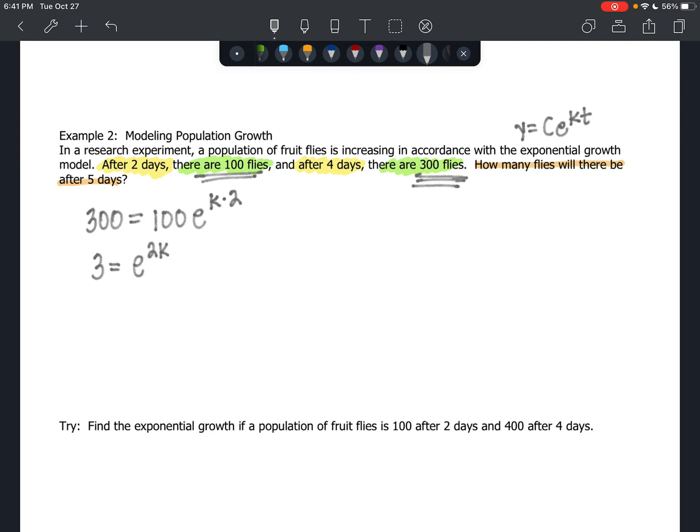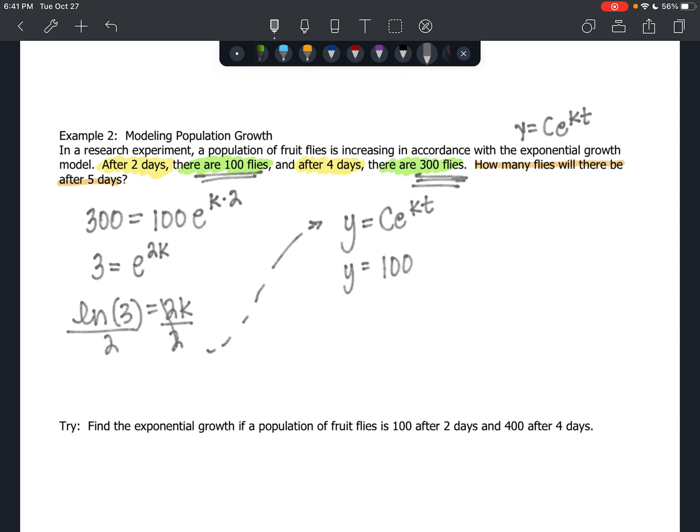Now I'm going to put this in log form. Log base e, which is the natural log, of 3 is equal to 2k. Divide both sides by 2, and we're going to have k equals the natural log of 3 over 2. The natural log of 3 is just some number, 1 point something, divided by 2. I'm going to keep that as an exact form, and I'm going to put it into our formula,